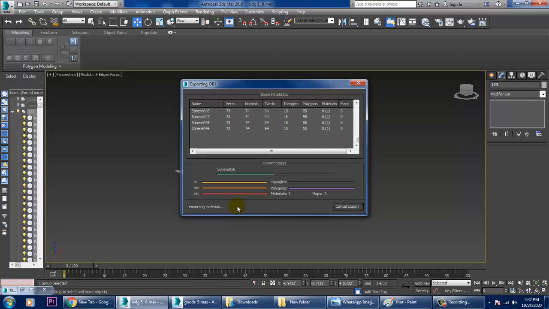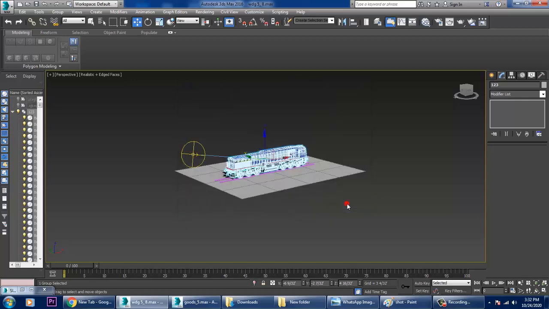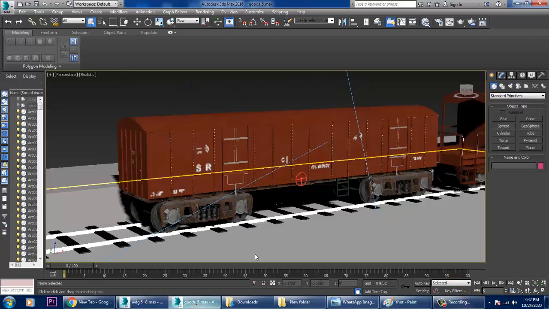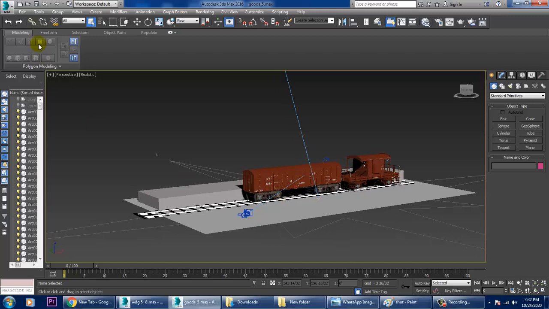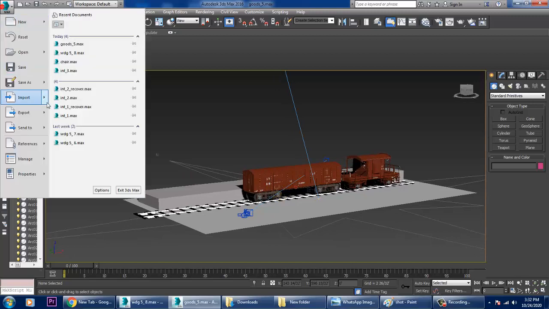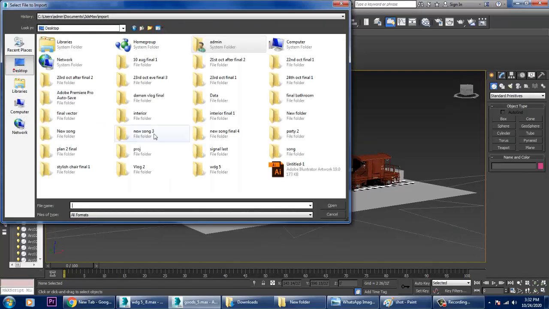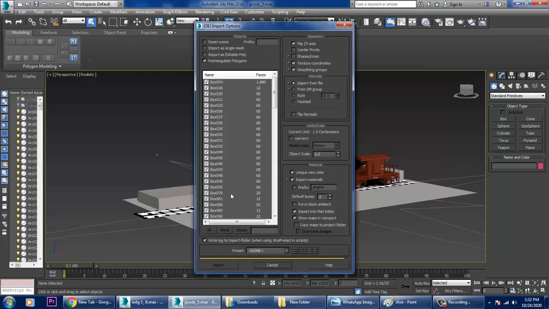Let's just see how it exports it. Once you're done, let's open this file. Let's go into file, import. Let's try to import that file.